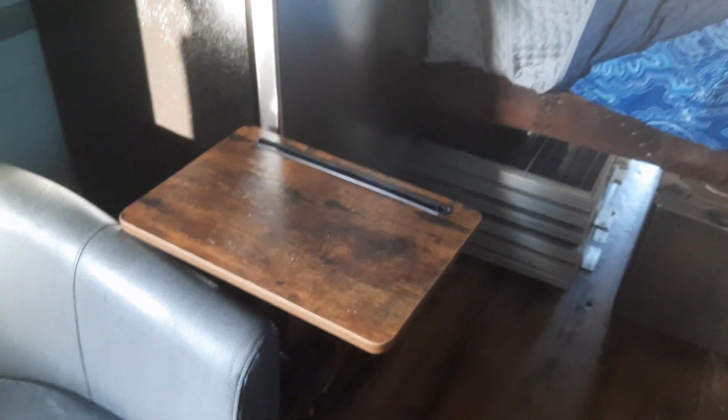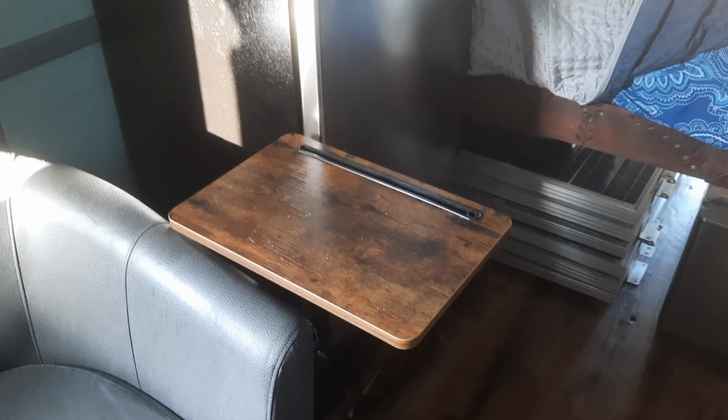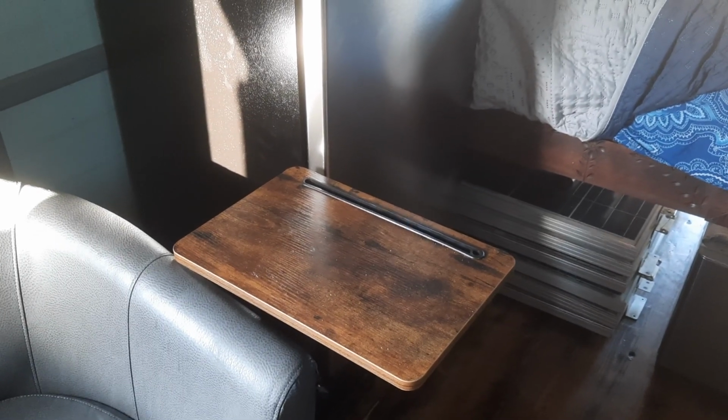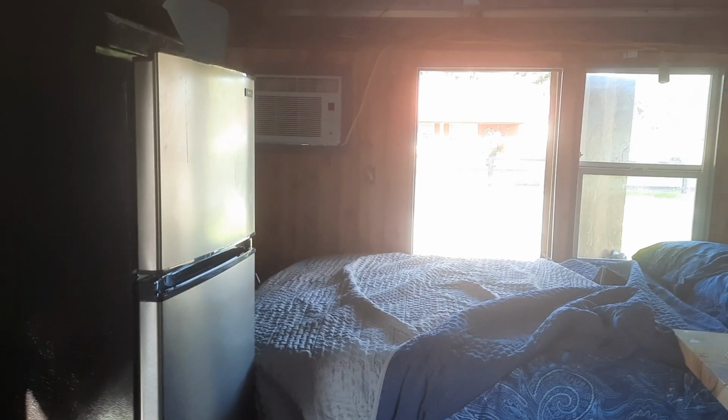And then you come around here, there's this small table that I bought. There again, I got that off of Amazon. I am in the process of making a new top for that. It's kind of small, so I'm going to increase the width by probably 3 to 4 inches, and then the length probably by the same amount. And then also my chair is right here, and up in the ceiling, as you see, there's nothing here